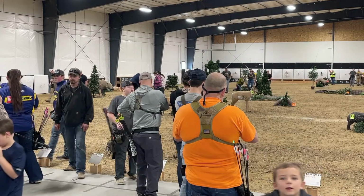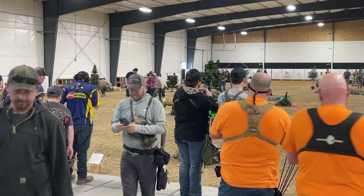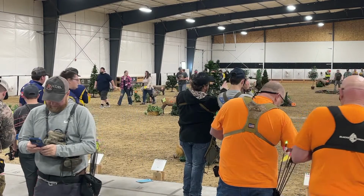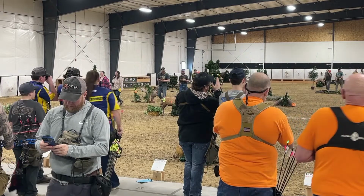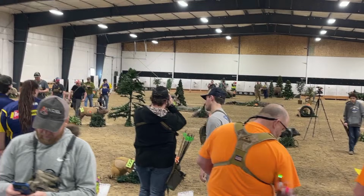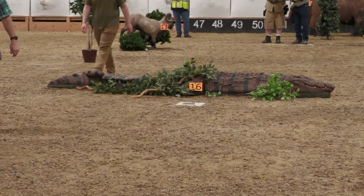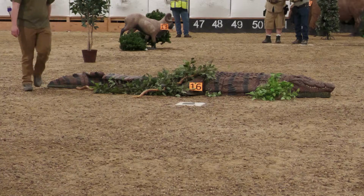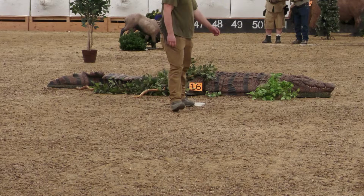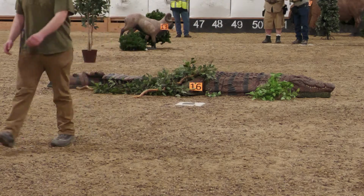Well, I didn't see how those scored on the skunk, but I think it was pretty clear all three of those were in. Yep. So now we're going to take a look at this alligator, crocodile. Yeah, we've got a crocodile out there. He's mean. I'd probably say he's close to a good 10, 11 feet long, and comes from that